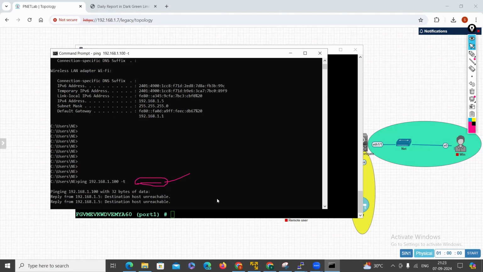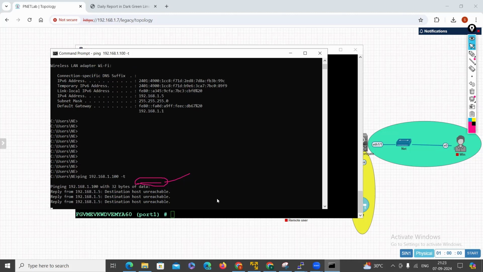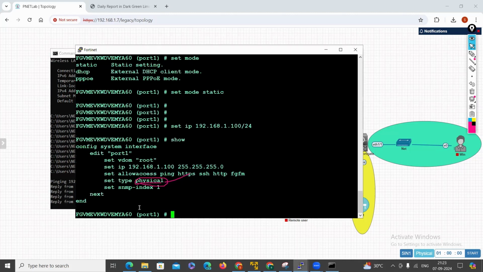What happened, guys? Here I'm not getting reachability. Instead, I'm getting "destination host is unreachable." Why? Let me try to ping from my FortiGate firewall. Even though the IP address is showing and is visible on your management interface,